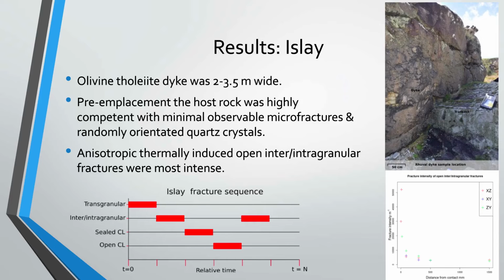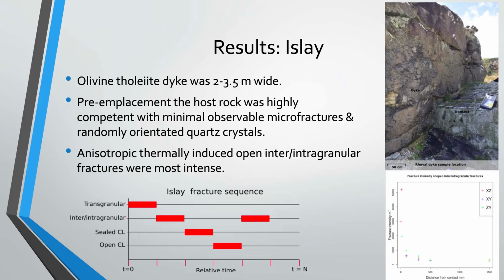Prior to the emplacement of the 2 to 3 metre wide foliatic dyke at Islay, the host rock was competent with negligible fracturing, composed of approximately 90% quartz with less than 10% rounded feldspar grains with no preferred orientation. The transect location was where the host rock contact boundary was visible above the high tide line. The observed fracture interaction suggests that initially near dyke-parallel transgranular fractures formed. This was then followed by the evolving inter- and intragranular fracture sets, with the heterogeneously orientated open fractures and the